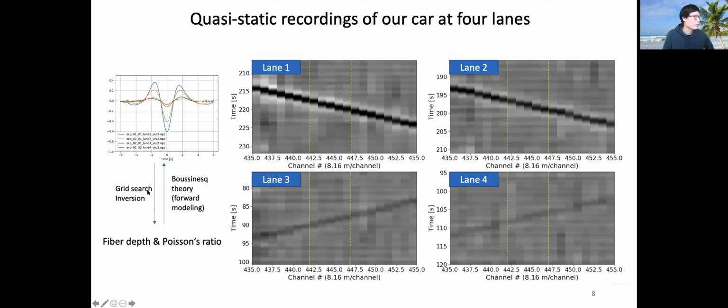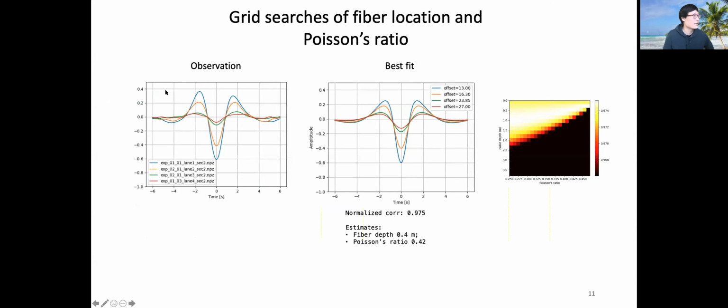And we can use grid searches over fiber depths and Poisson ratios to find the best fit to these observations. Let me show you the results. On the left is the observation of the quasi-static waveforms we have. And in the middle is the best fit we got using grid searches over cable depths and the Poisson ratio